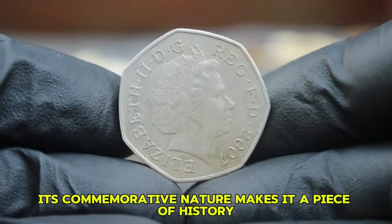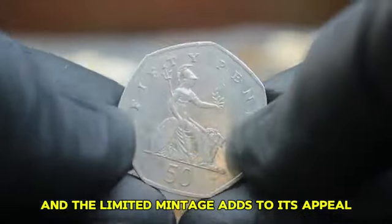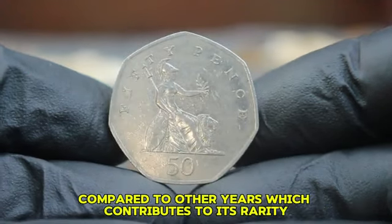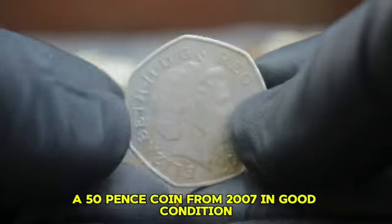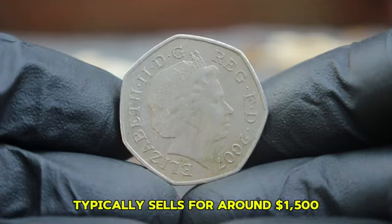First, its commemorative nature makes it a piece of history, and the limited mintage adds to its appeal. The Royal Mint produced this coin in relatively small quantities compared to other years, which contributes to its rarity. As of now, in today's auction market, a 50 pence coin from 2007 in good condition typically sells for around